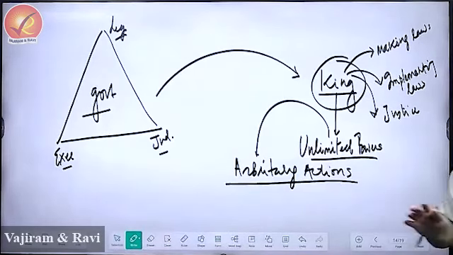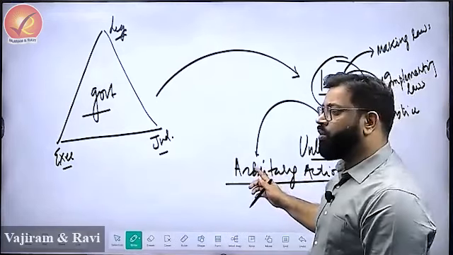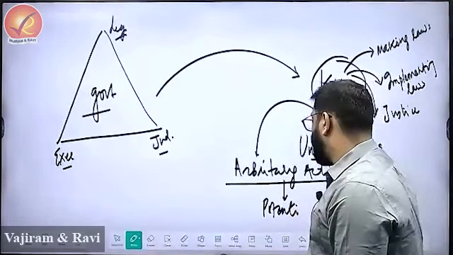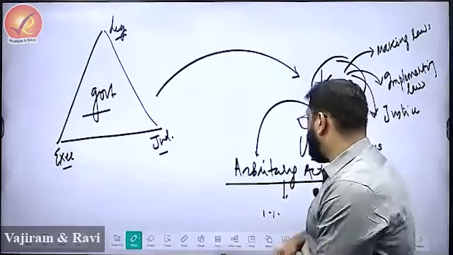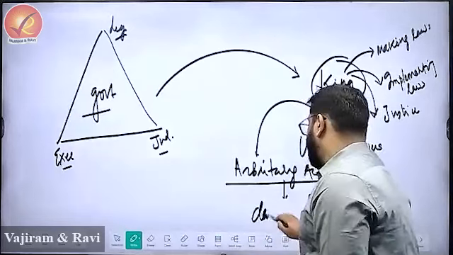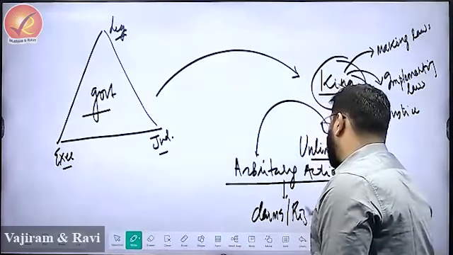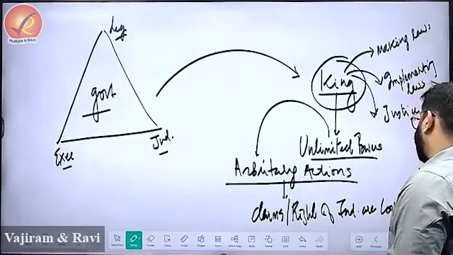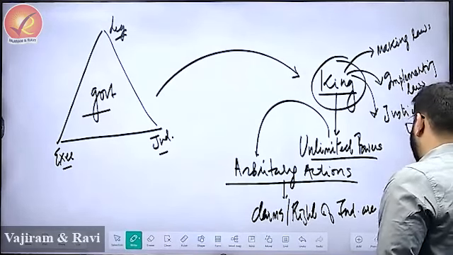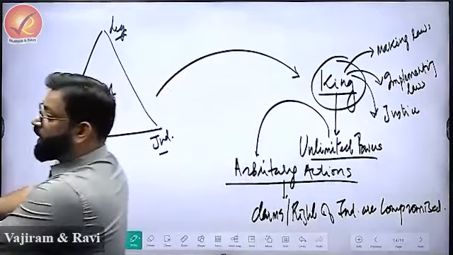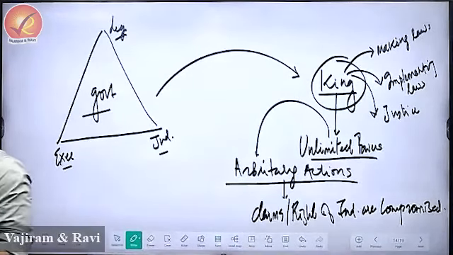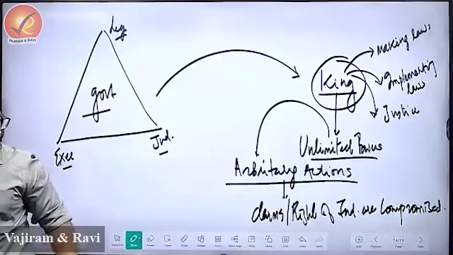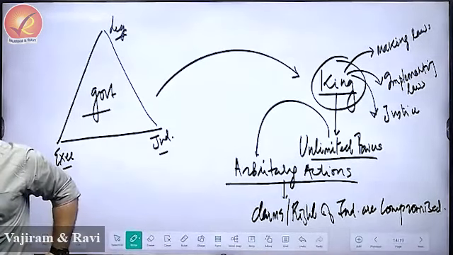Now remember, whenever there are arbitrary actions, what happens is simply the potential growth, or rather you write the claims or rights of individuals are compromised. Isn't it? If the king would take arbitrary action without any logic, without any rationale, will you be able to grow in that kind of environment? No, you cannot. That's because your claims or your rights will be